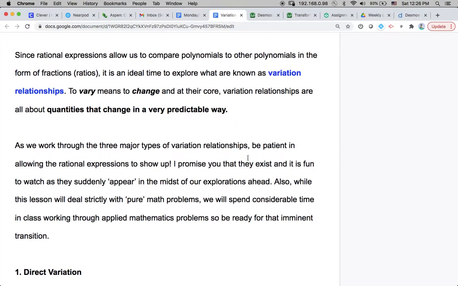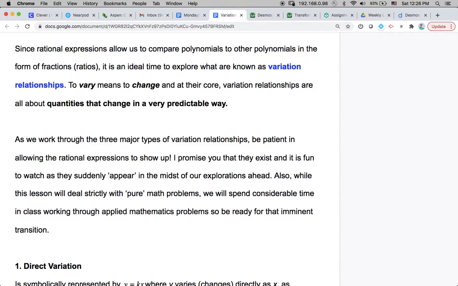Since rational expressions allow us to compare polynomials to other polynomials in the form of fractions, also known as ratios, it's an ideal time to explore what are known as variation relationships. To vary means to change, and at their core, variation relationships are all about quantities that change in a very predictable way. As we work through the three major types of variation relationships, be patient in allowing the rational expressions